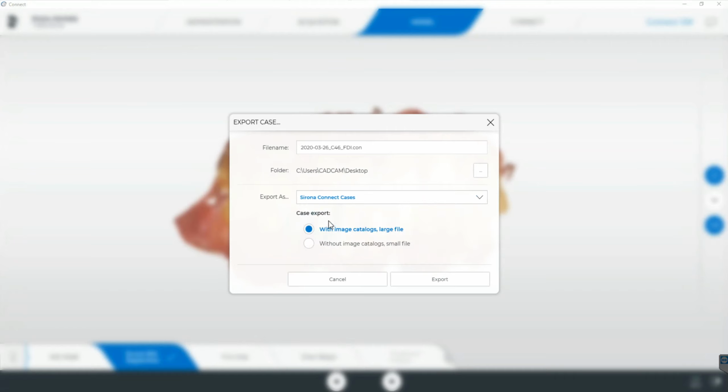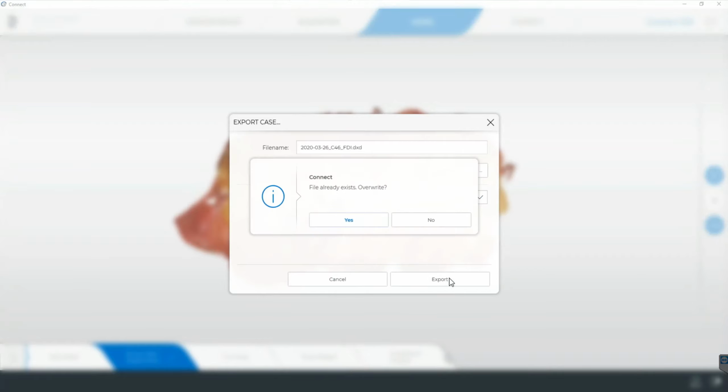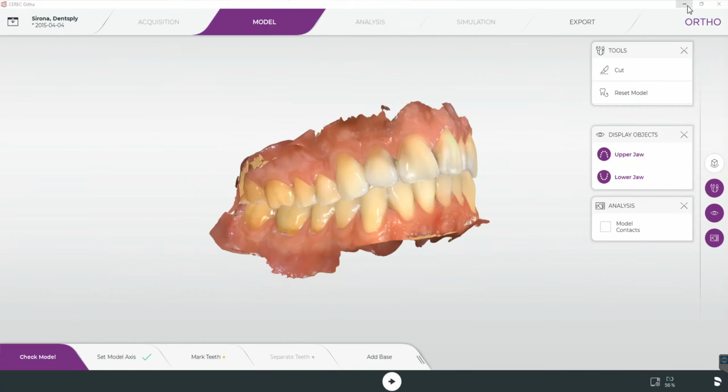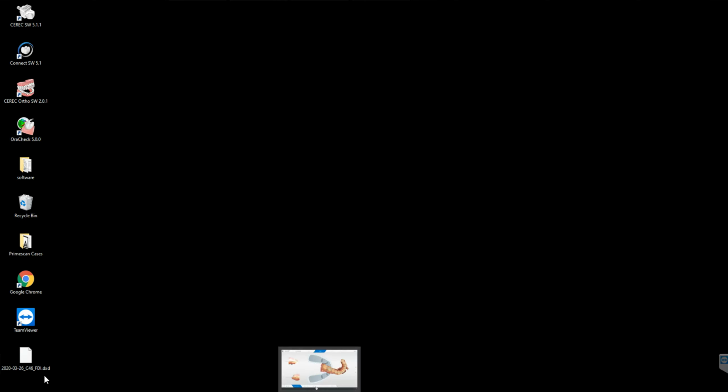Sirona Connect cases is that file type that I was talking about that is unique to Connect software. CEREC has its own and Ortho has its own as well. So here, if we export a DXD to the desktop, we'll be able to take that file and use it in any of the other softwares. So you can see if I minimize my softwares here, right here on the desktop we have a DXD file. Now in order to open that in any other software, we simply take it and we can drag it